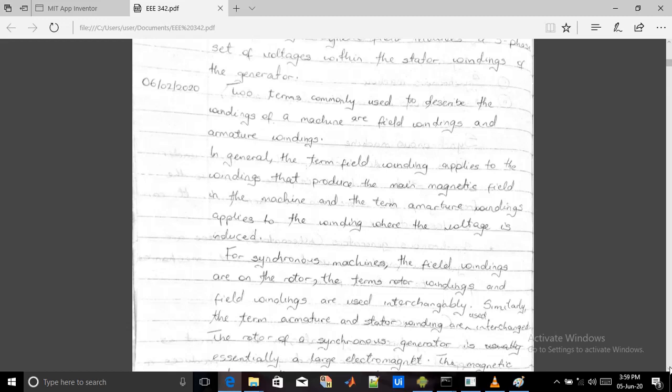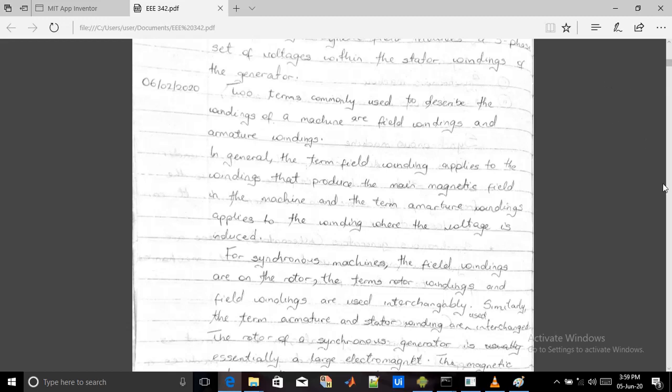Then the armature winding is the winding that is close to the rotor so that induction can take place for there to be voltage drops across the armature winding. The reason why I said voltage drops, plural, is because you are having three sets of voltages, because the stator is giving out